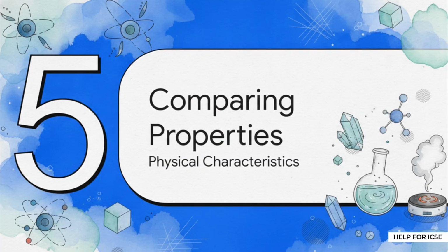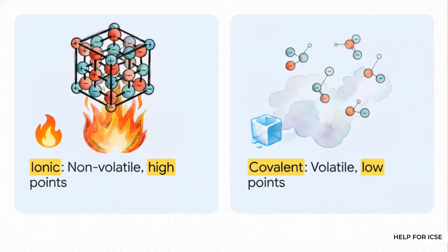All right, final stretch. Section 5, comparing compound properties. So this is where all this microscopic theory actually hits the real macroscopic world we can measure. Let's compare boiling and melting points. Remember how ionic or electrovalent compounds are locked together by those incredibly massive electrostatic forces between oppositely charged ions? Breaking those bonds takes a staggering amount of thermal energy. That is exactly why ionic compounds, like your everyday table salt, are hard, non-volatile solids with incredibly high melting and